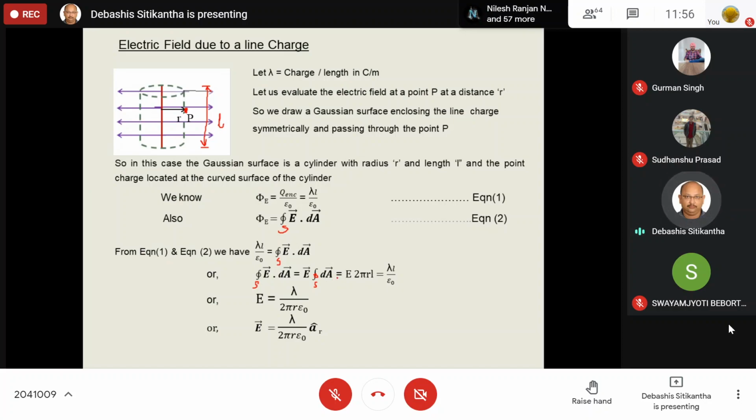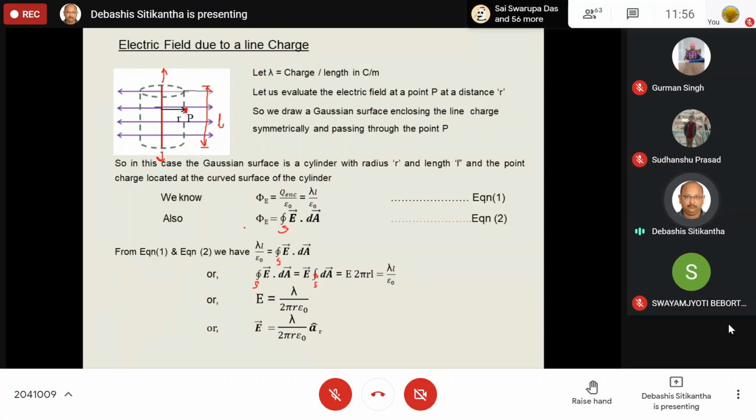So for the curved surface, please remember, the upper one is not going to be considered, because as I told you while clearing your doubt, no flux is supposed to come out from this tip. So we are not taking that surface. If instead of this line segment I had a cylinder, then I would have considered these two surfaces. But since it is a simple line charge, I am not going to consider the top surface and the bottom surface, only the curved surface. So the area of the curved surface is 2 pi RL.